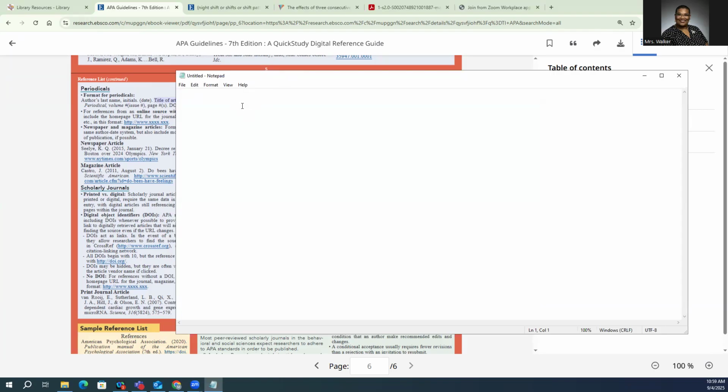I Know Why the Caged Bird Sings. That's one of my favorite titles. So we're used to seeing the title formatted this way. We know that we're not going to capitalize "why," but everything else is capitalized. But with APA 7, especially when you're formatting your reference list, for the title of the article, only the first word is capitalized. So APA 7 would look like,